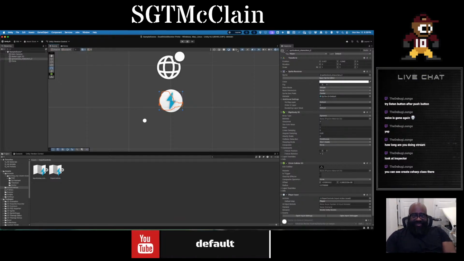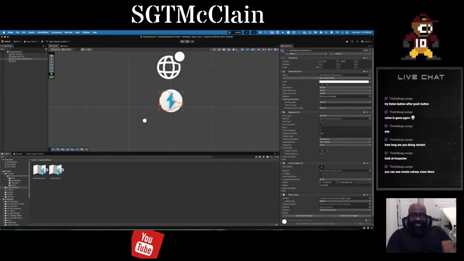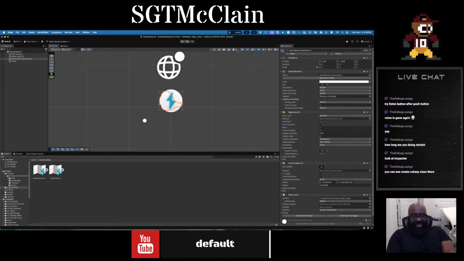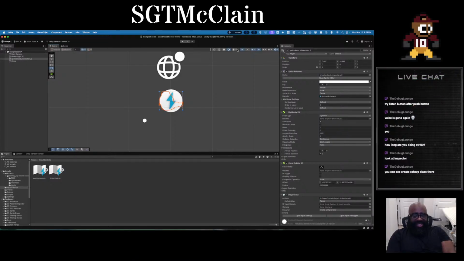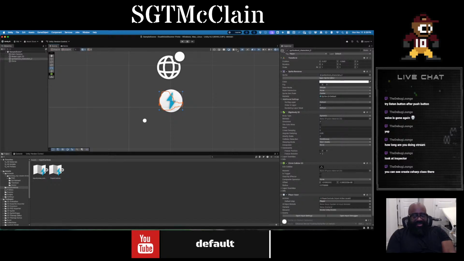I think I'm going to need a, oh no, the fire point is that, but it doesn't need to be a transform, it needs to be a, well, it can be a transform. I just need to give it the field. So let's not make that. Because I'm doing it as a transform and the offset there, but I want to make it so that